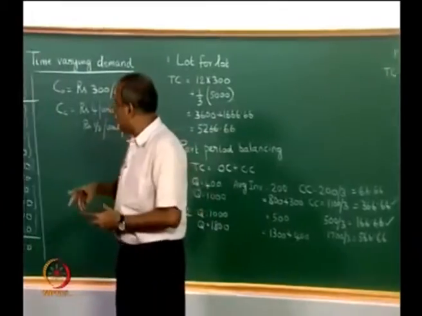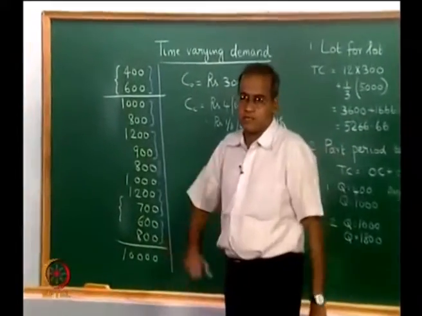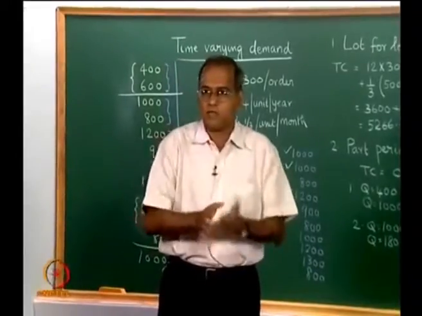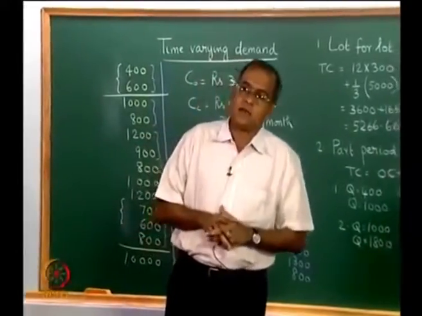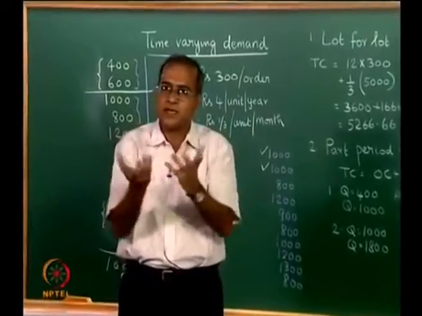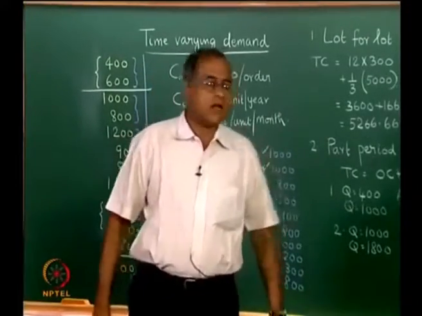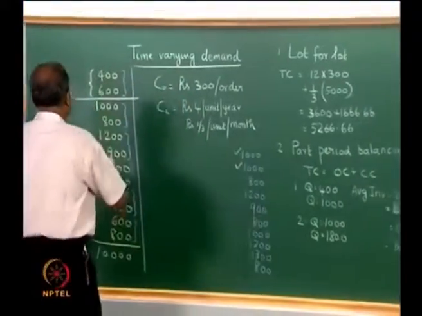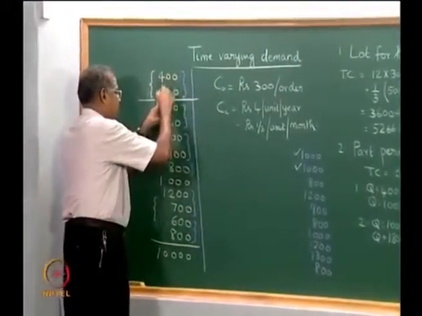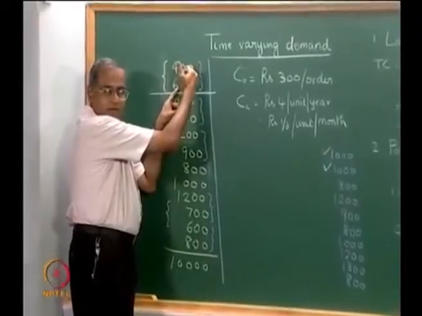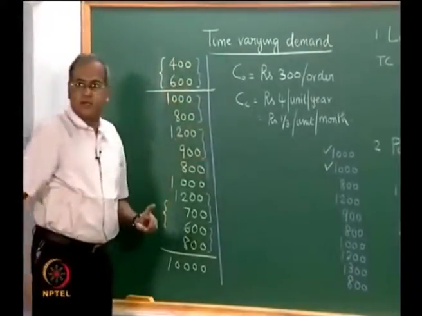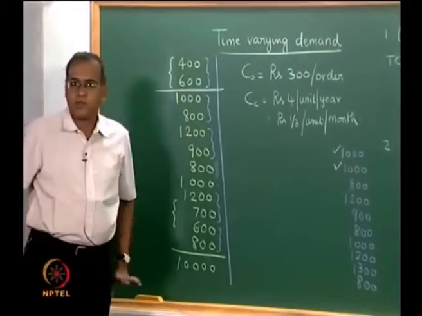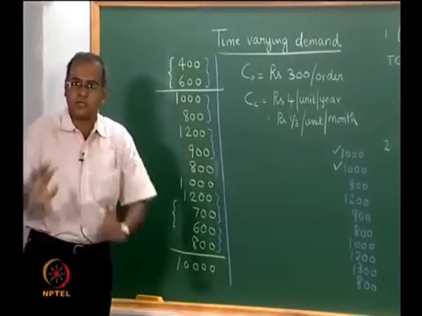One approach is to look at numerical simulations like this, take examples, and find the average H by O and so on. The other is to derive some kind of theoretical expressions. After all, the basic idea is known. Depending on how large or small this value is with respect to the previous one, part period balancing is going to decide whether this is going to be separate or clumped, because it is going to check the closeness to 3000.